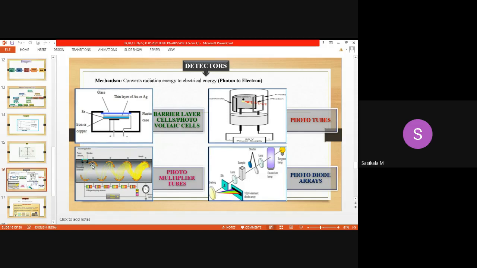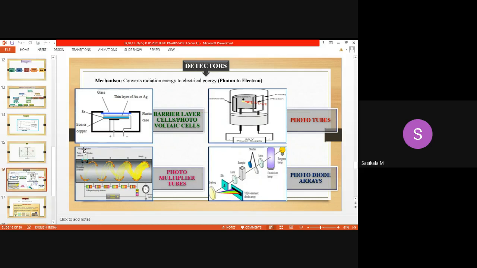What these anodes do is, when the radiation is passed onto the cathode, it emits electrons. When a single electron strikes the first cathode, it will reflect onto the next one, which is oppositely arranged. When it strikes the next anode, it becomes multiplied, so the signal becomes twice. Likewise, it will be multiplied twice again and so on, and at the final electrode or anode, you will get a completely multiplied signal.